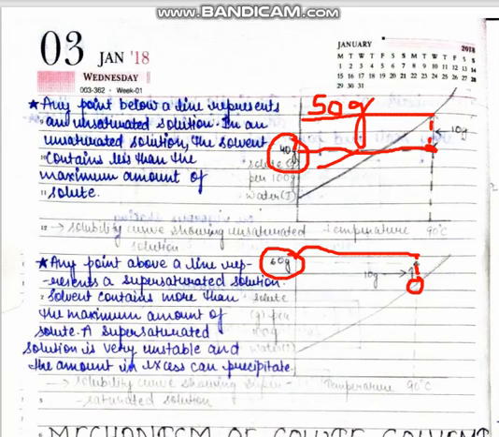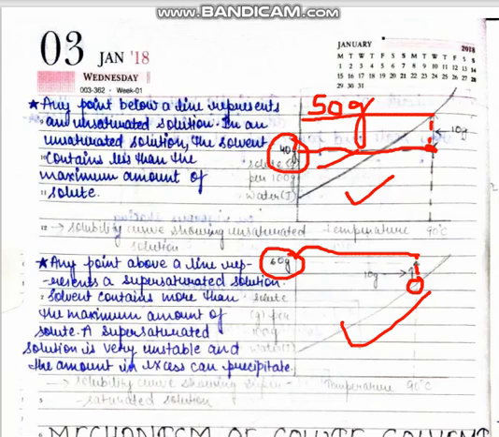So here are the 3 points. First one is the saturated solution. While making the saturated solution, we just mix an amount greater than the solubility in that particular amount of solvent and this will become the saturated solution. And if we decrease the amount from the saturated solution, it will give a second type of curve that is 40 gram. And if we increase the amount of the solute from the 50 gram, we will represent a curve here.